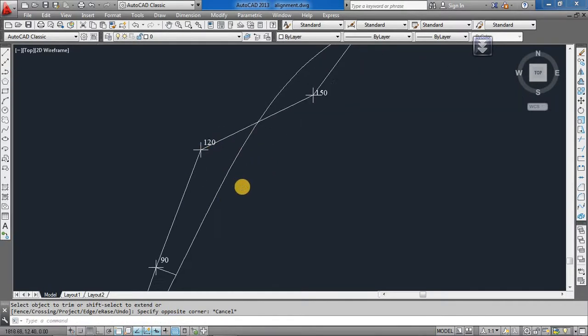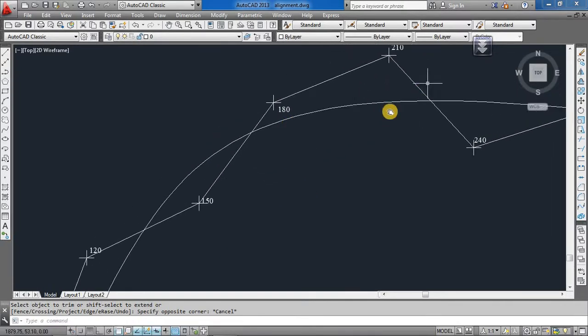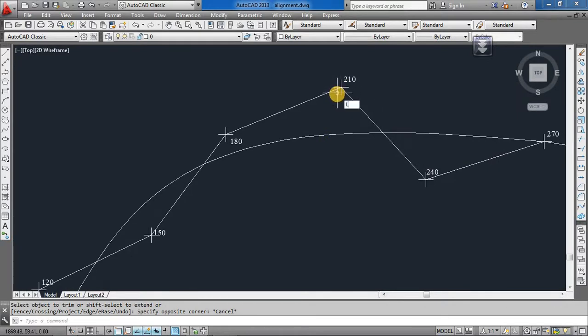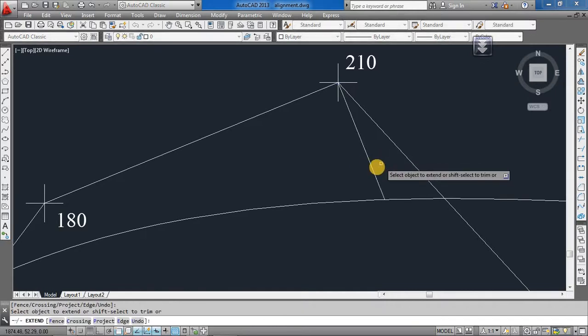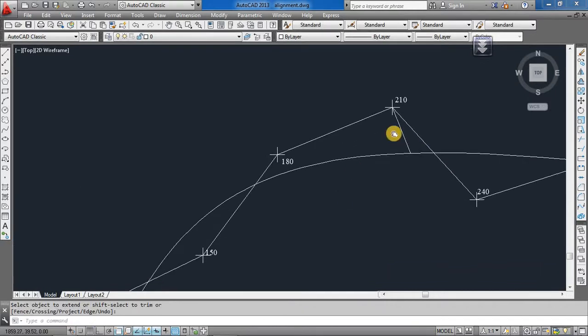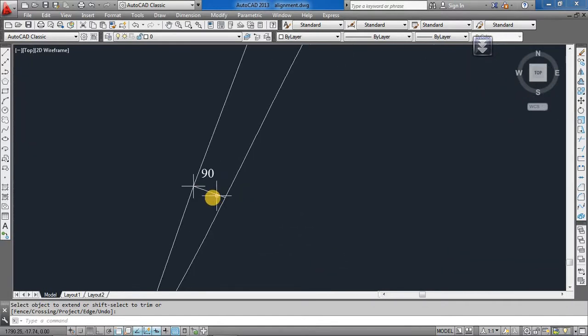So again, let us say for example one more perpendicular line if you wanted to draw here. It should be with respect to the previous line. So you draw a line along this, okay, and rotate it by 90 degrees, RO, and then if it is shorter you extend, EX double enter, extend like this. And so these are the lines,